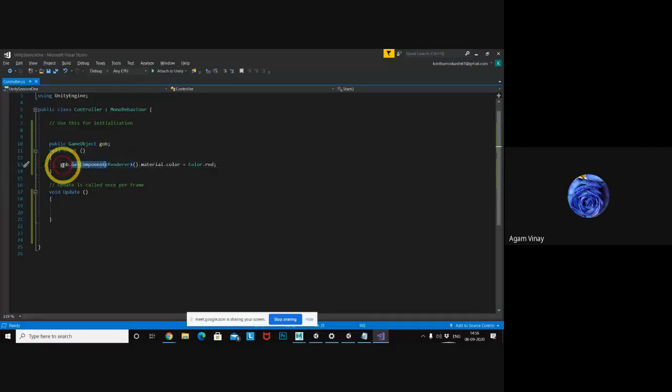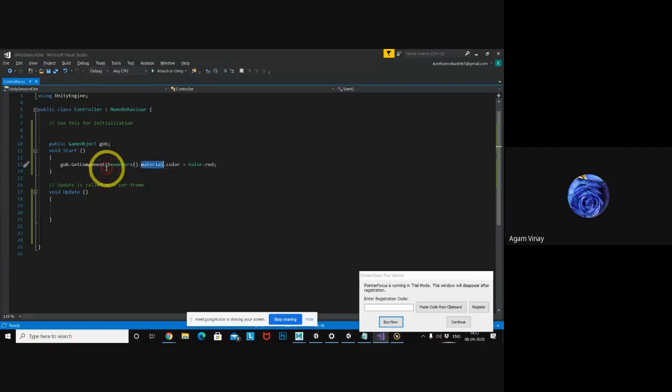Game object dot renderer: the material information is stored in the renderer component. In renderer material I access color. Color is a class type, and in that class red is there, so I am accessing red. If you don't want red and want black, just write black. Okay, save.